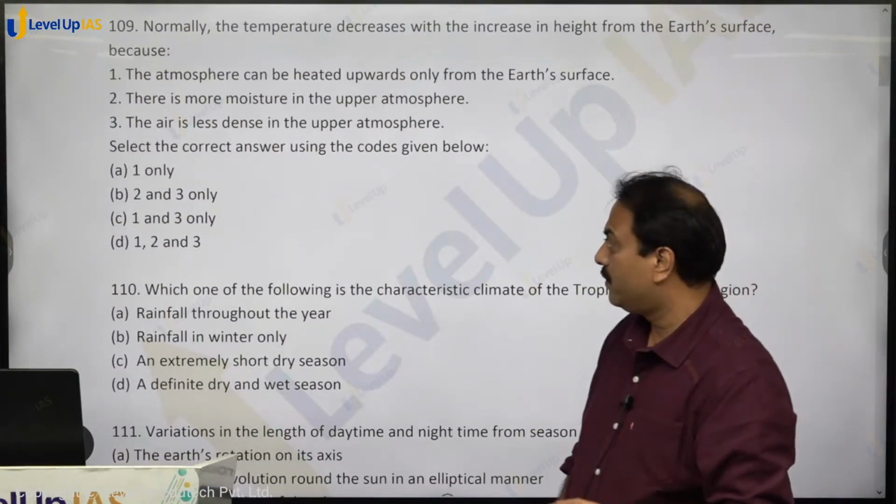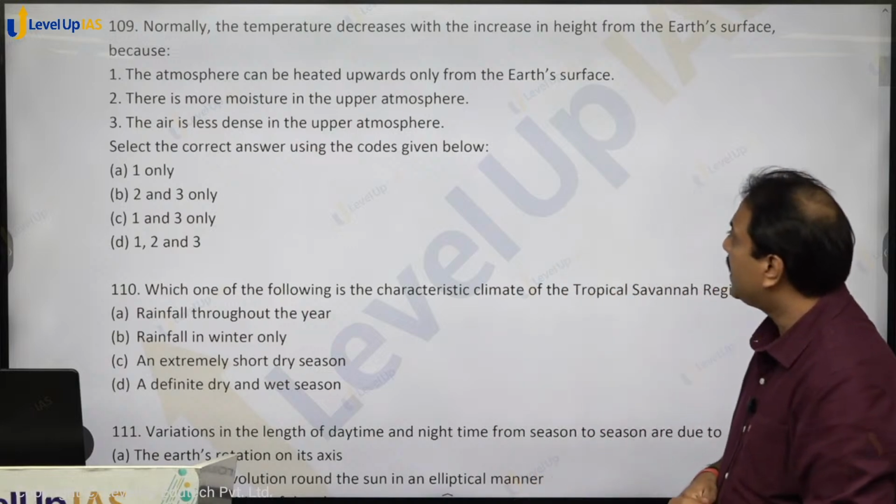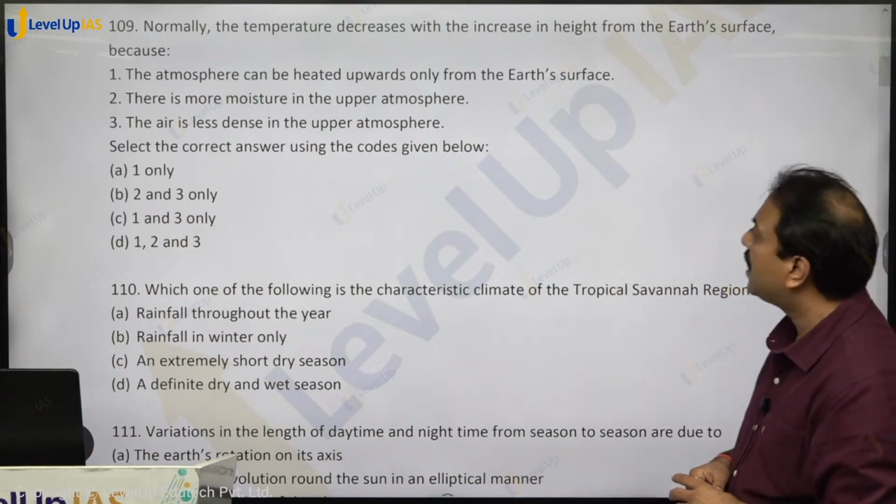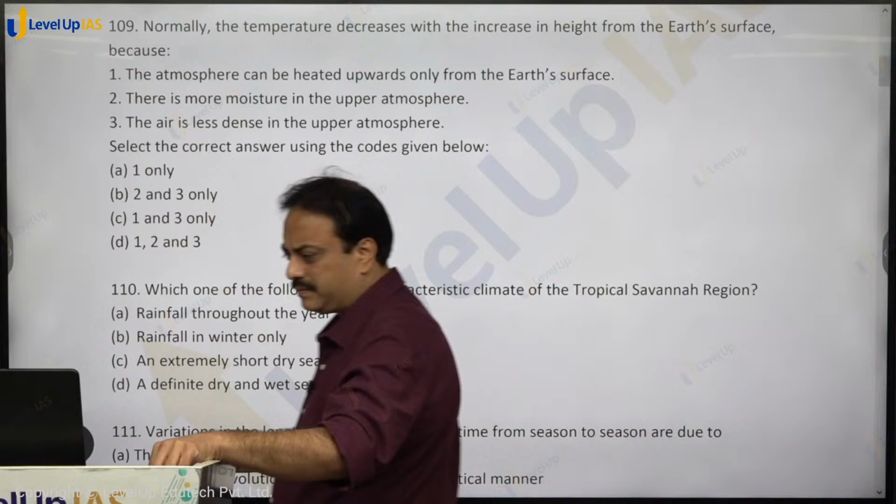Question number 109. Normally the temperature decreases with the increase in height from the Earth's surface because